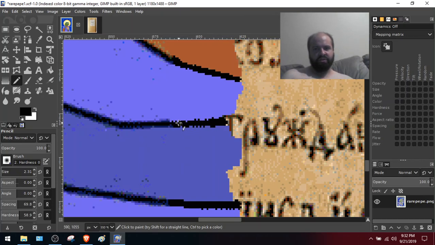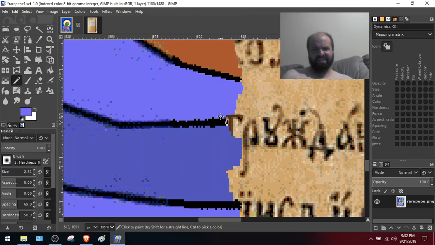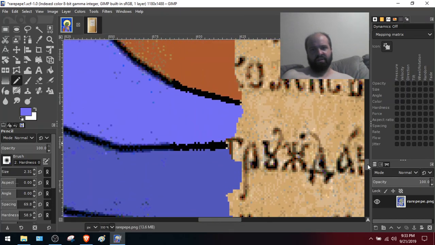Good. Now we're going to come in again with the color picker here. We just want to take this down just a hair. And this probably isn't even part of what we're going to see, but just in case, we want to make that nice. This line here, to me, looks quite good already, so I'm going to stick with that line. And so now we're going to come with our smudge tool,